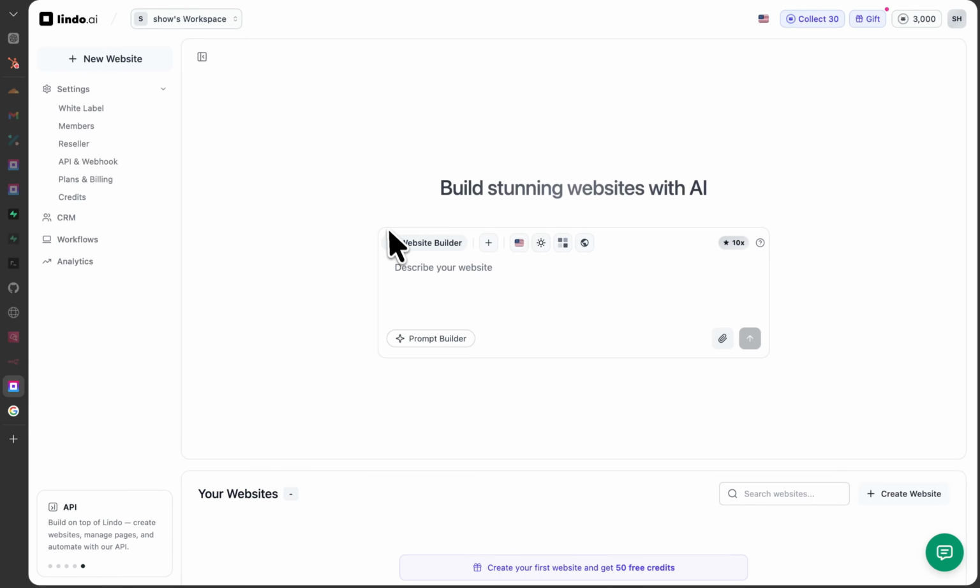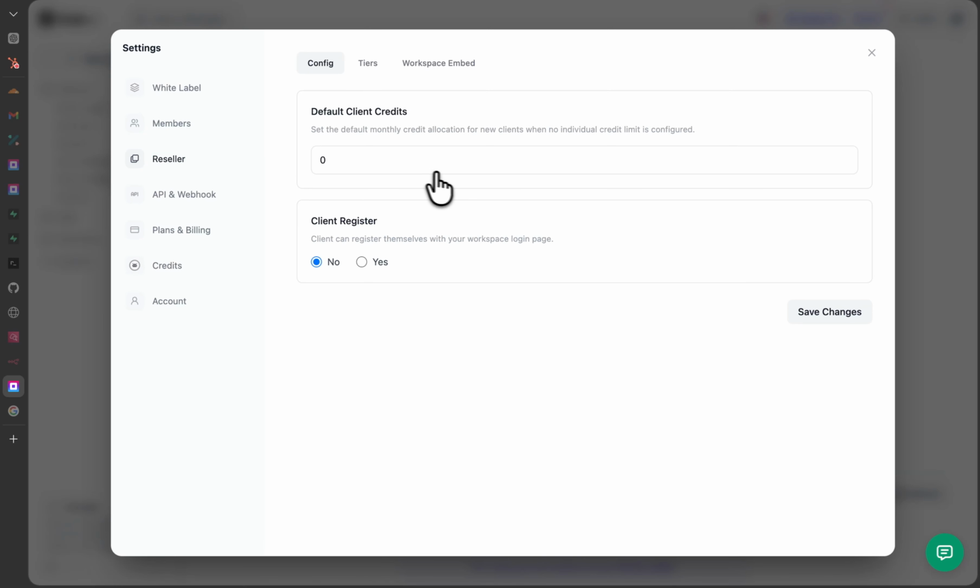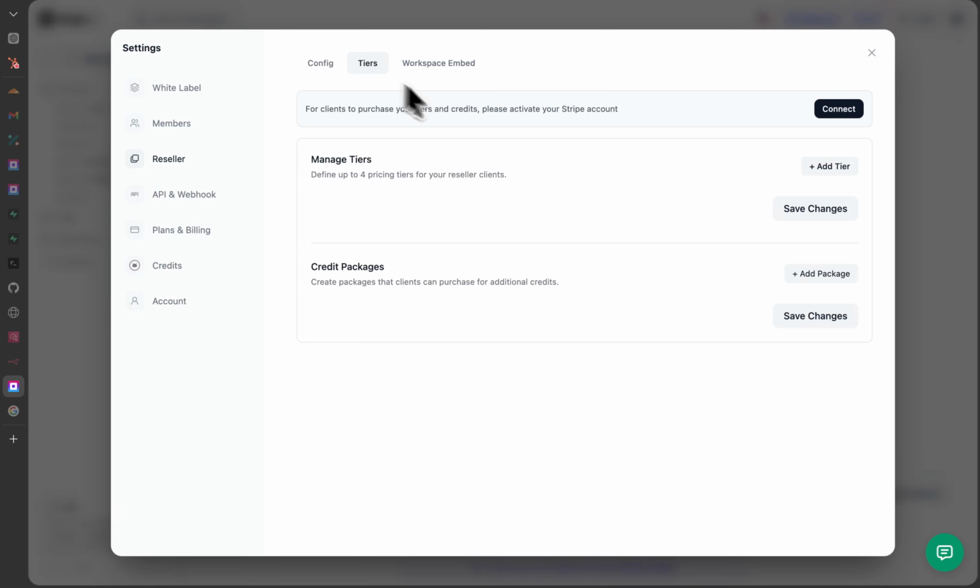Hi everyone. Today I want to show you how you can set up your reseller. So what is the reseller? Resellers are like plans for your SaaS. You can see we have different plans on Lindo, Studio, White Label, and others with different prices. So you can create your tiers here